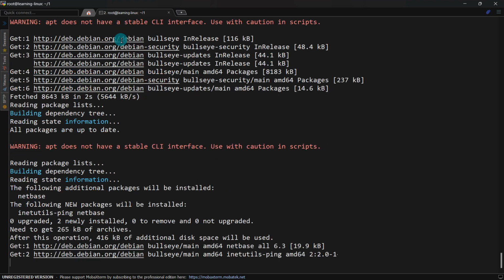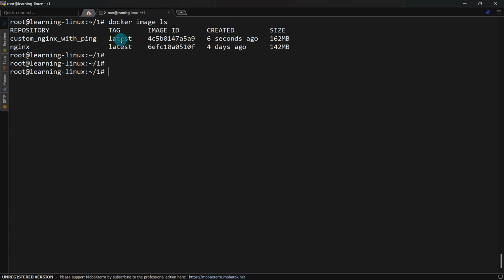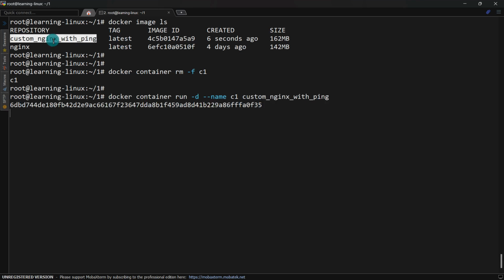Okay, so let it finish. So we have just created an image with this name, and now let's go ahead and try to create a container one more time. Before doing that, let me delete the previous container, and let's try to create a container one more time. And I will create from this, let's create one more container